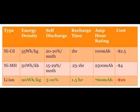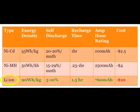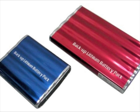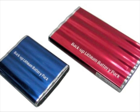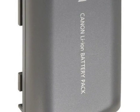For power source options, nickel cadmium, nickel metal hydride, and lithium ion battery were compared using parameters such as energy density, self-discharge rate, recharge time, amp hour rating, and cost. Lithium ion battery seems to be the most ideal because compared to the other 2 batteries, it has the highest energy density and the lowest self-discharge rate. It is also available in different sizes and shapes, therefore one that fits the design of the device can be